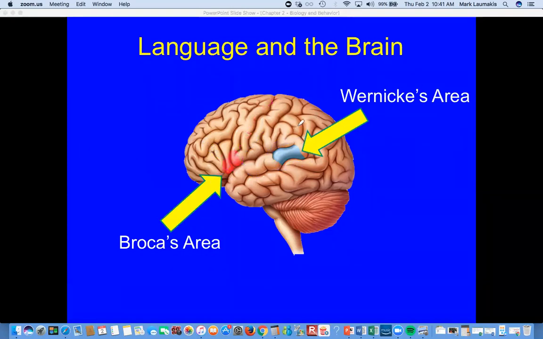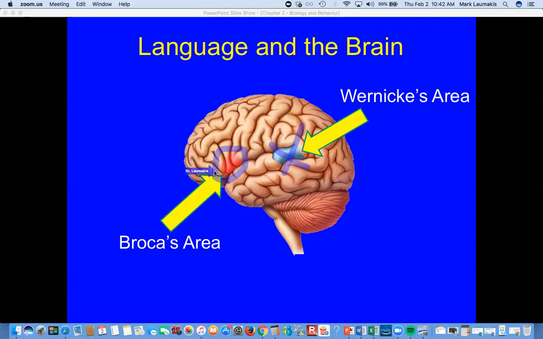Or we could have the reverse. You damage this, and this is okay. So now, what's going on? I don't understand what you asked me, but I've got the ability to respond anyway. And you could potentially respond with written language. This would all be something like a stroke or some kind of significant head injury.